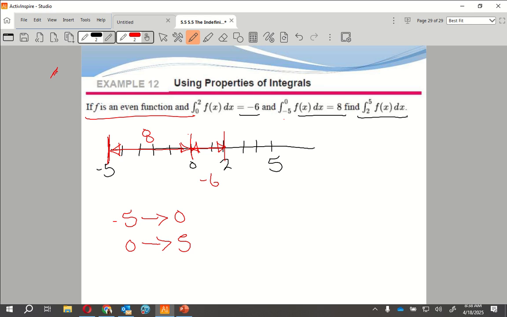And if -5 to 0 is 8, therefore 0 to 5 must also be 8. 2 to 5,